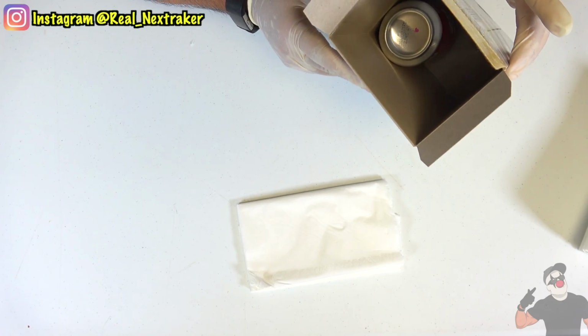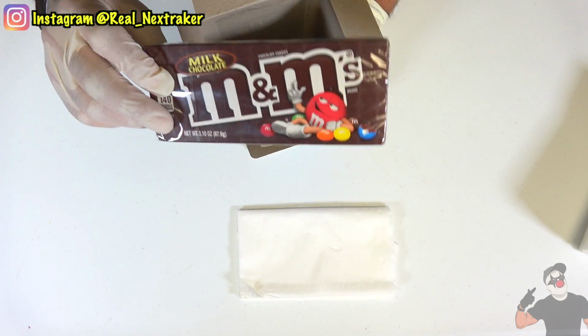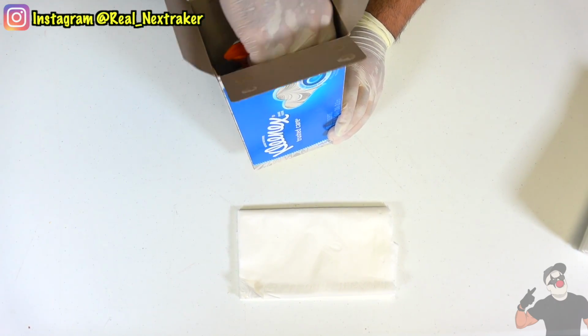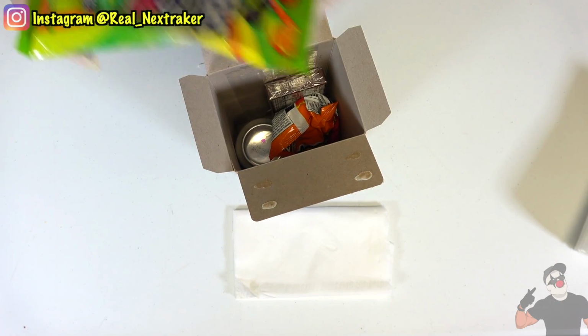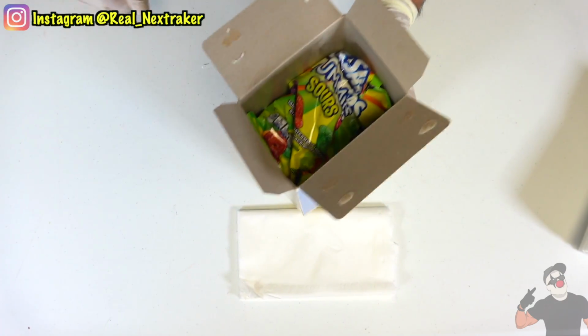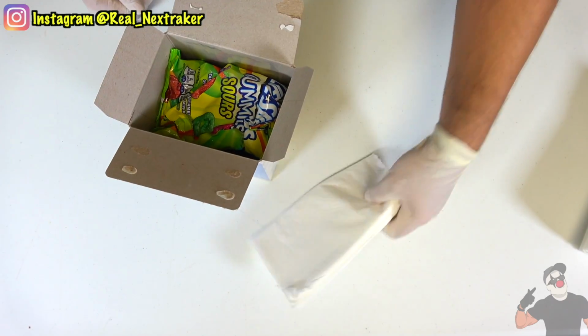And I still have enough room for other snacks. For example, a box of M&Ms, a bag of hot Cheetos, and I still have enough room in there. I'm gonna throw in this bag of Lifesavers. They're gummies, guys. Now, once you stuff it with your favorite snacks, guys, you're gonna take that thin layer of